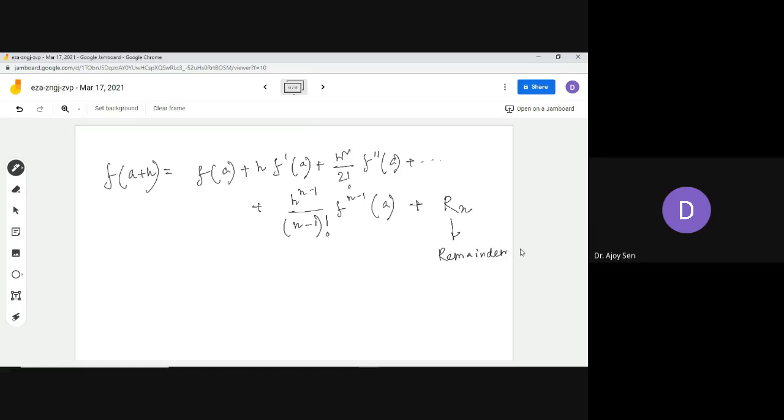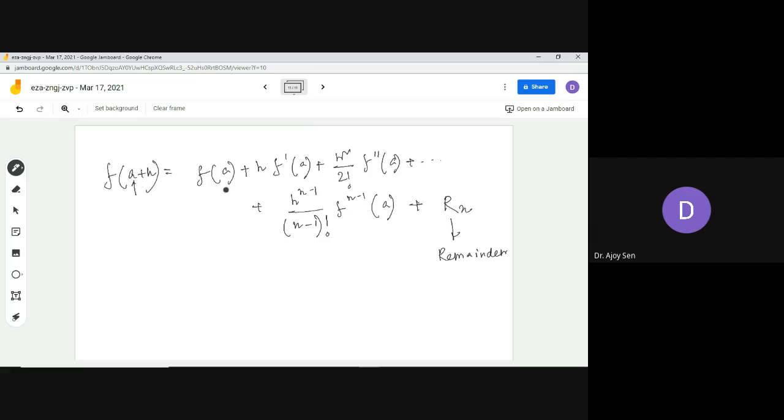So Taylor's theorem gives you the way of how to connect that Taylor polynomial with the given function, and in what region we can connect. That is given by Taylor's theorem. What are the conditions by which you can connect? So this theorem tells you that the value of the function at a plus h, which is very near to a. See, a is a point.